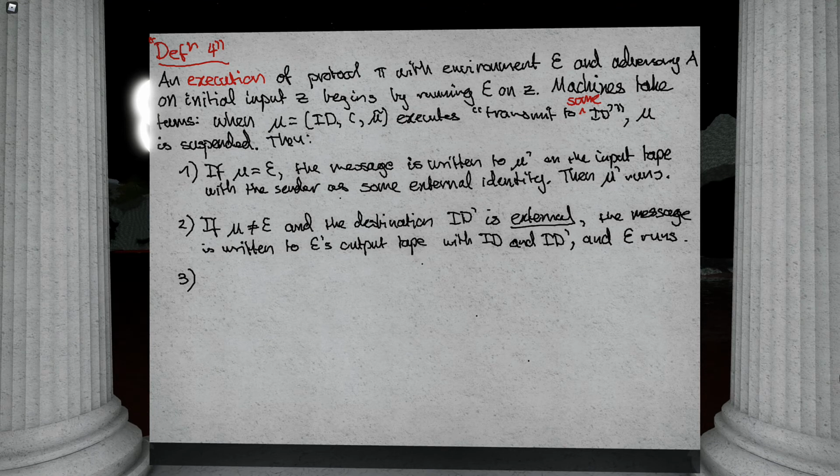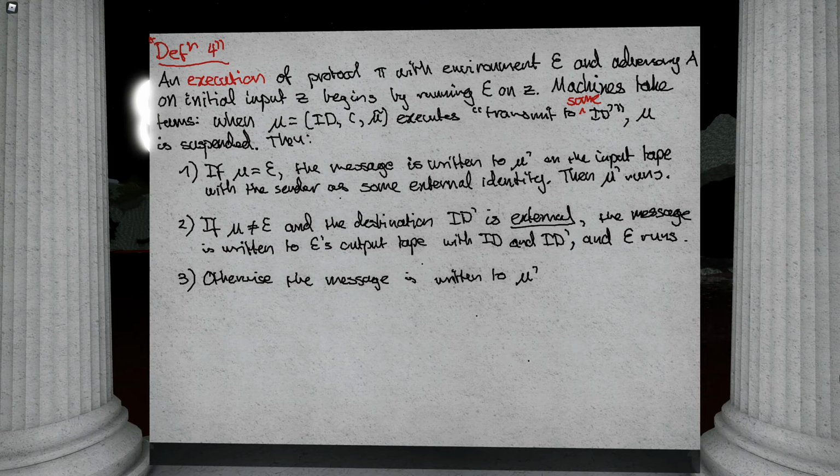And if you're starting to lose me, that's okay. I'm going to go through a step-by-step example of how this execution runs. So if we're doing this internal communication, then the message is written to the receiver machine.